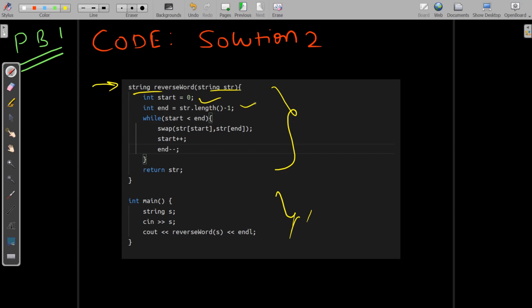As long as start is less than end, that means as long as start did not cross end, we are going to swap the characters. We are moving start ahead and decrementing the end, and that's what we are doing. And at the end we will return the original string, return str. So it is big O of n time, big O of 1 space.